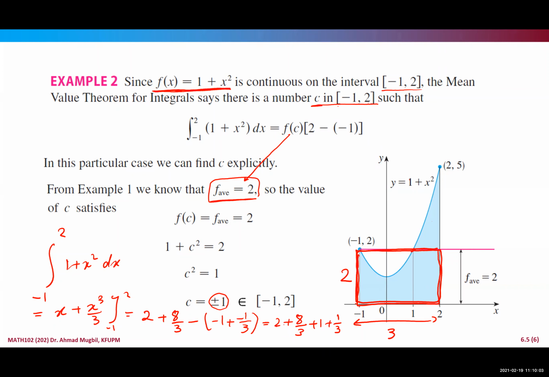And this is, of course, 2 plus 1 will be equals to 3. And 8 plus 1, it will be 9. 9 over 3 will be 3. It will be 6. So you can, of course, with the help here of the mean value theorem, find the integral under this graph if you know what is the average value of the function. And this is easy here because we have positive functions. This is just for simplicity. This is all what we have, Shabab.